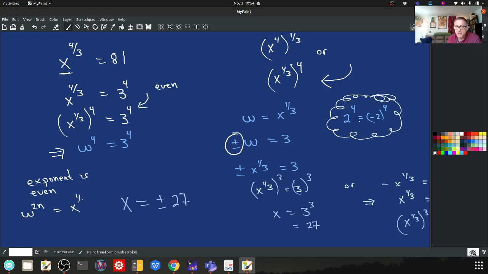When the exponent is even, we have 2 possible bases. So 2 to the 4th, which is 16, is also equal to minus 2 to the 4th. And remember, we're solving for the base here, and that's the reason I have to consider the plus and the minus base value. So this only applies when the unknown